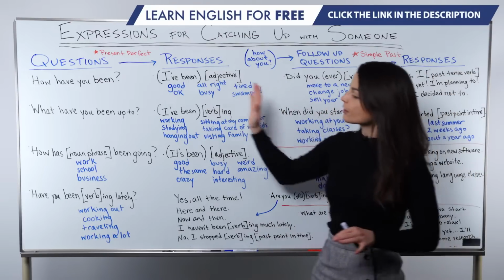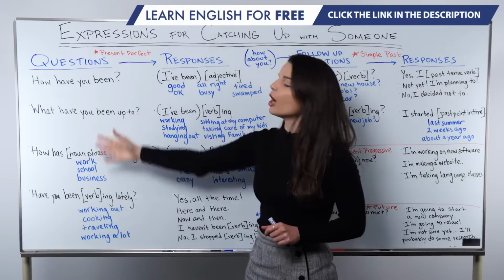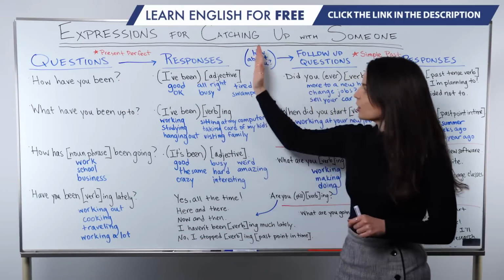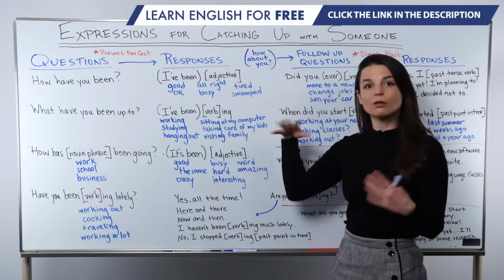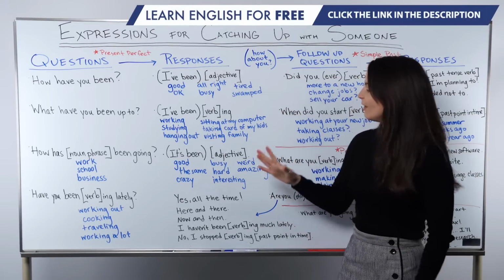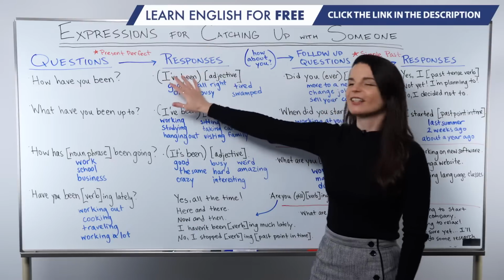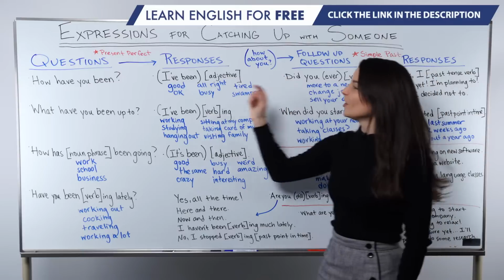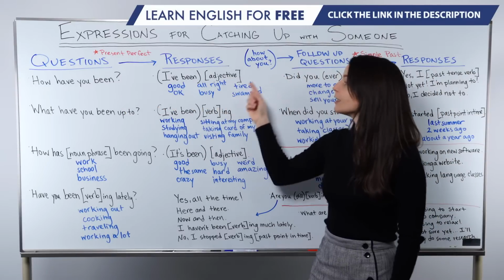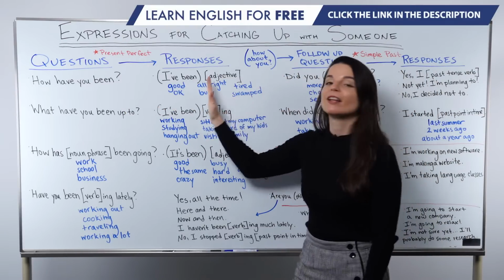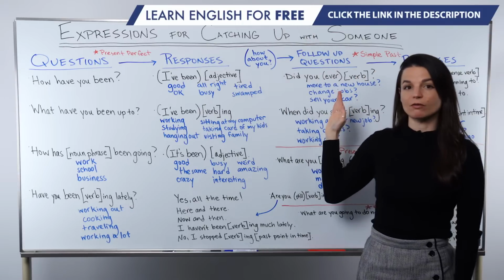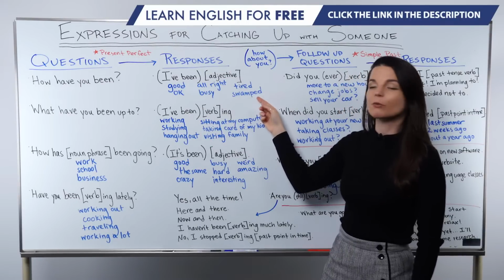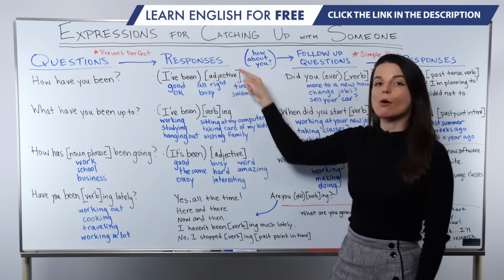Okay, so these are generally some of the most common questions that we use to start these catch-up conversations, and these are typically the responses that you can use. So they're very quick and very short, right? And then after you've finished this thing, there's your first opportunity for a how about you question. So you can go, how have you been? Yeah, I've been good. How about you? I've been good. And then continue on to the next part of the conversation. So after one of these, generally this question is the first one that you can finish with how about you.